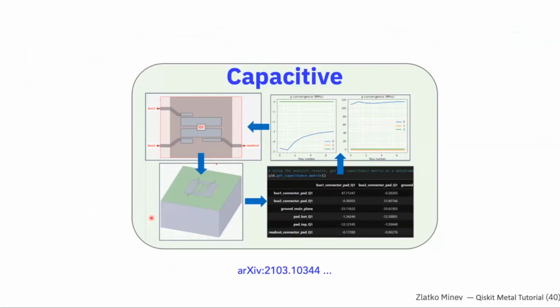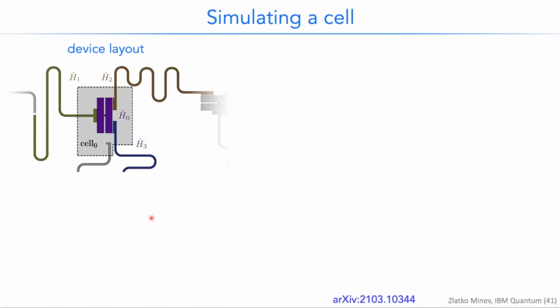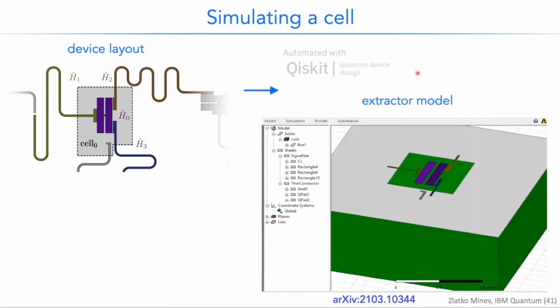Let me illustrate a little bit more on the capacitive analysis method. So in Metal, you have some device layout, which maybe looks something like this. And you'd like to know the Hamiltonians of the qubit, the readout resonator over here, this bus coupling resonator, this other resonator. You'd like to know what those are from the device layout. You'd like to have that tight integration. So with Qiskit Metal, Thomas will show the details of how to do this next time, you can automatically export this into a simulation backend, such as ANSYS